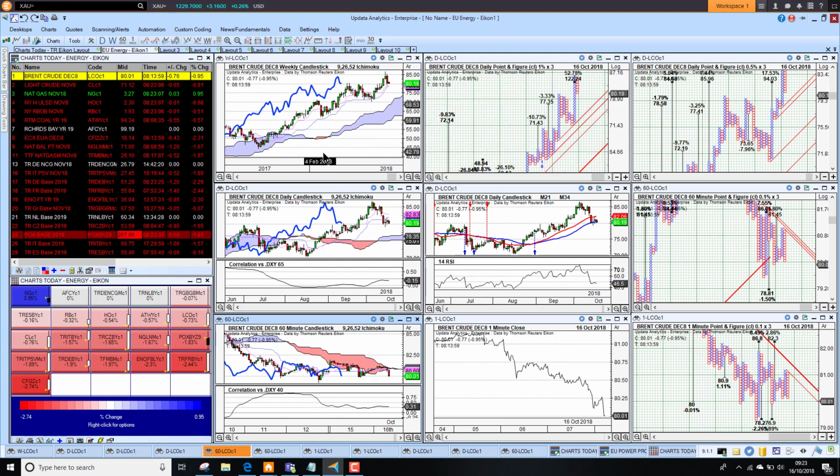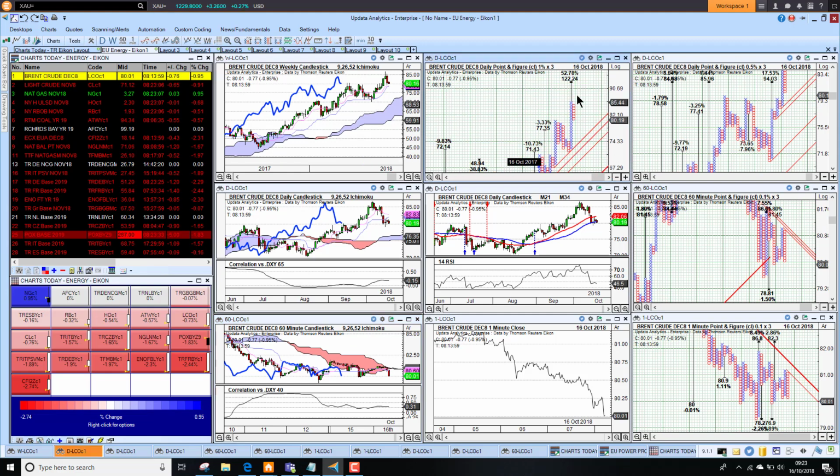This is all data from Thomson Reuters Eikon, of course. So we're looking here at Brent crude. This is my weekly chart, looking very strong on the long-term trends. We do have this massive upside target of $122 on Brent, but we'd need to make a new high above the recent high of sort of $86 to activate that. We do have this 94 target sitting here activated,